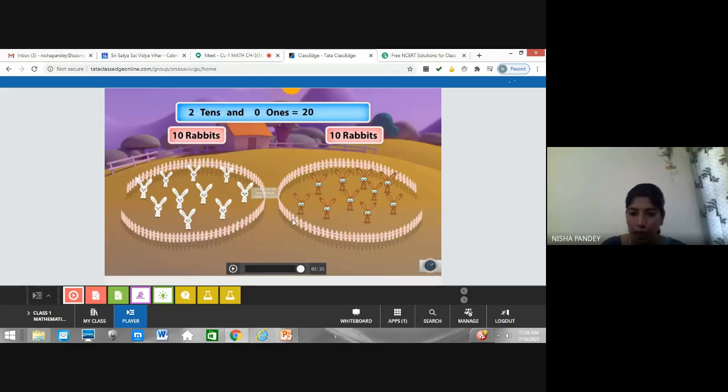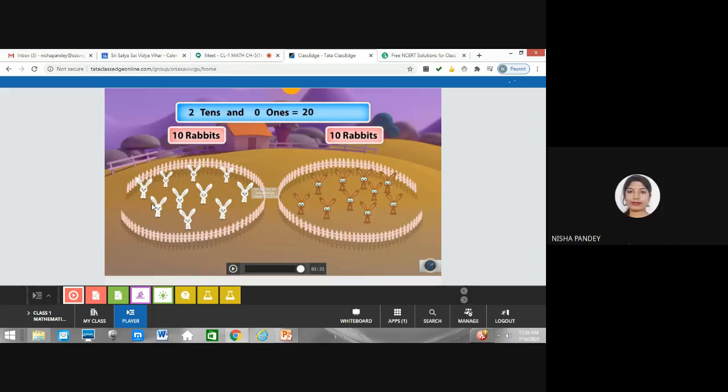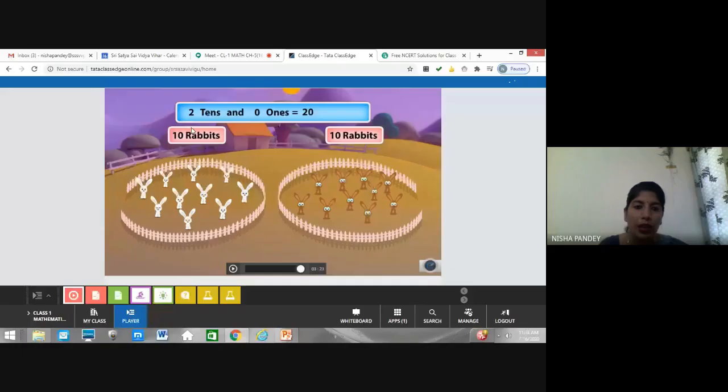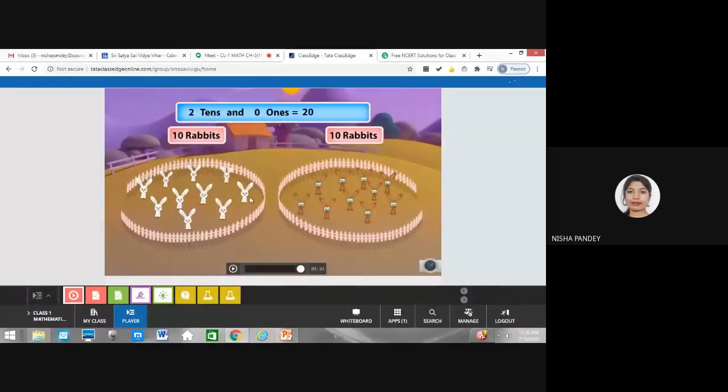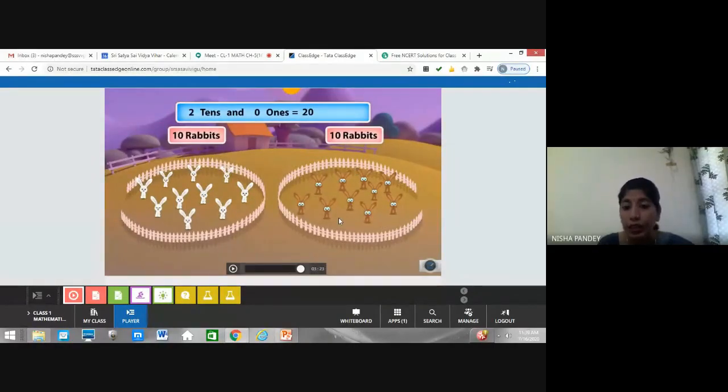See, children, here we have seen numbers from 10 to 20, right? But as we know, in this fan we can say 10 rabbits, right? So it is going to the place of tens. Earlier, till 9 position, the numbers were getting added from 11 to 19. Now when we get 10 brown rabbits, how many are there? You can see 10 are there. As if they have counted, they had written it here at the top. You can see this. So now we have 10 white rabbits and 10 brown rabbits.